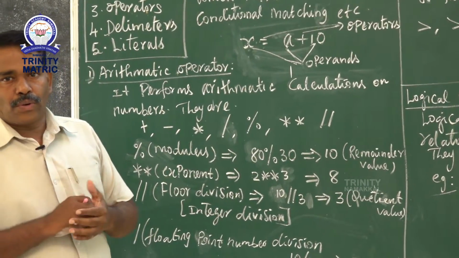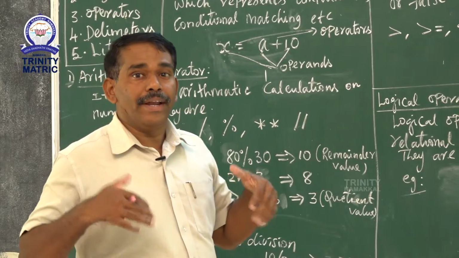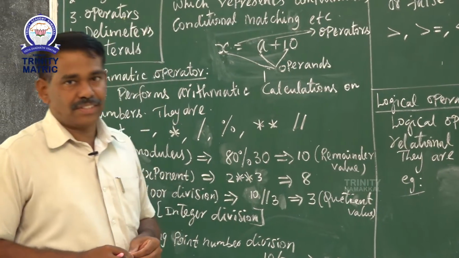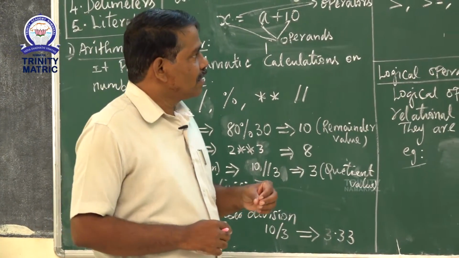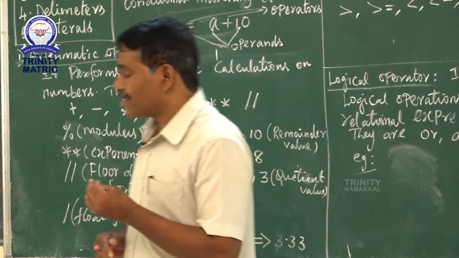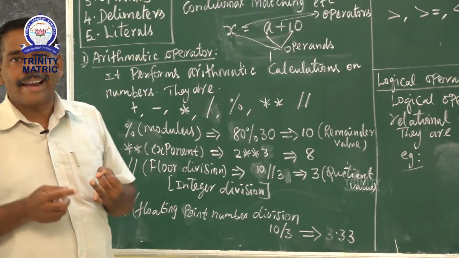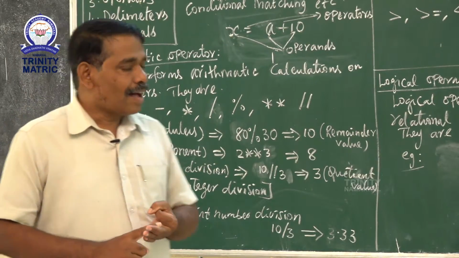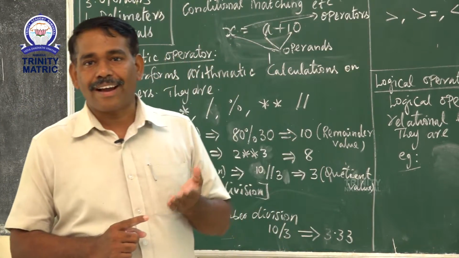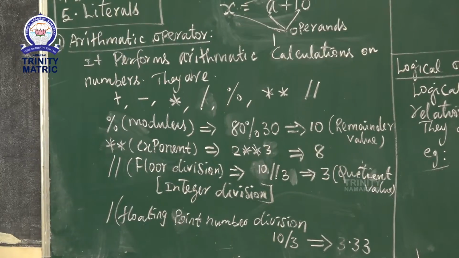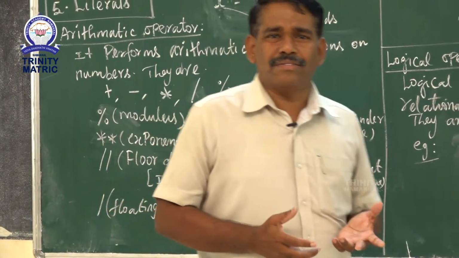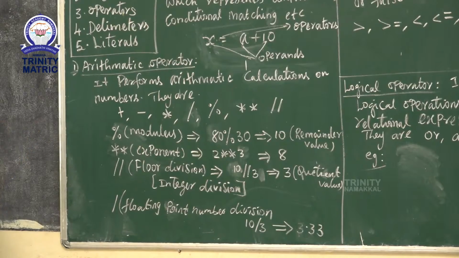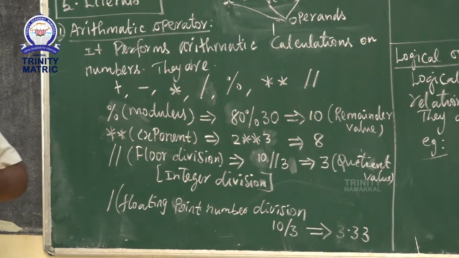From this, you can think there should be many operators, different kinds of operators. Yes, it's true. So today we discuss 5 operators: arithmetic operator, relational or comparative operator, logical operator, assignment operator, and finally conditional operator. Now, arithmetic operator. An arithmetic operator performs arithmetic operations, computations, that means mathematical calculations such as addition, multiplication, division, and so on.